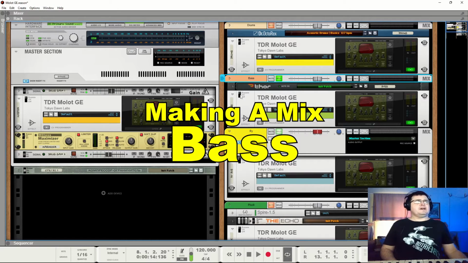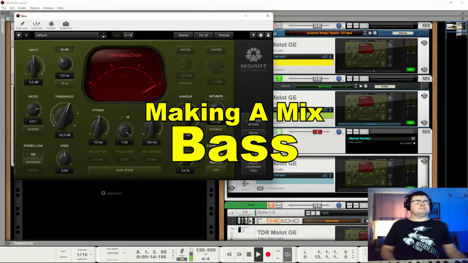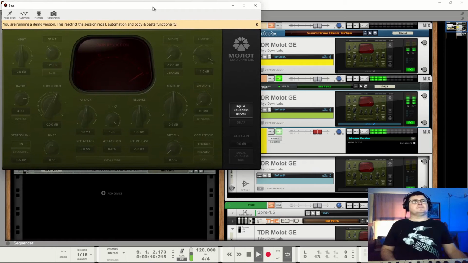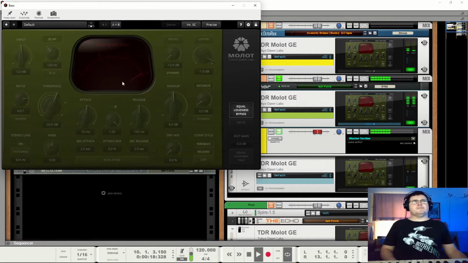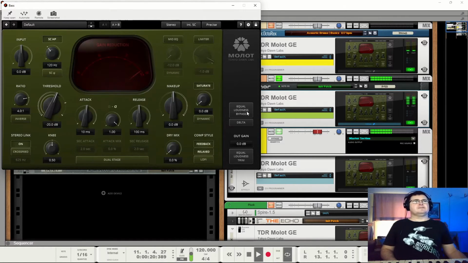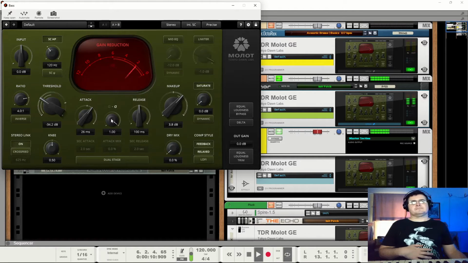Let's have a look at our bass. Remember, this bass is really rather long, so we've got to decide how we're going to handle it. You can hear it clicking and popping.